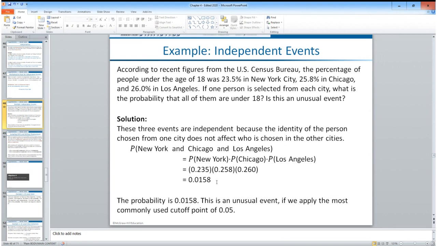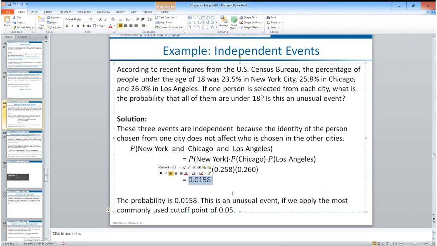Now, this is what happens when we multiply fractions. If you take two fractions and multiply them, you're going to end up with a smaller fraction. Because now we're talking about more than one thing happening, so the probability will go down when we multiply. With or, we're adding and we're getting a larger probability. But with multiplication, we're getting a smaller one. So now, in order for all these three things to happen, we get a value of 0.0158